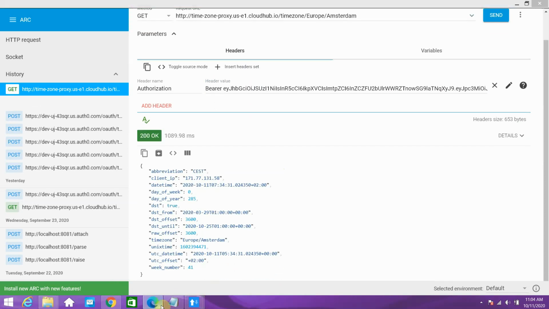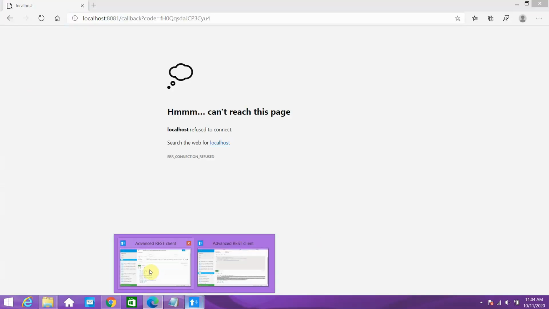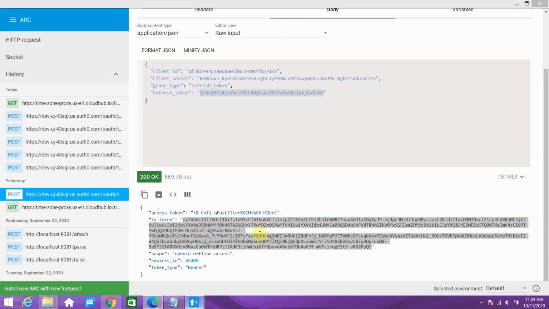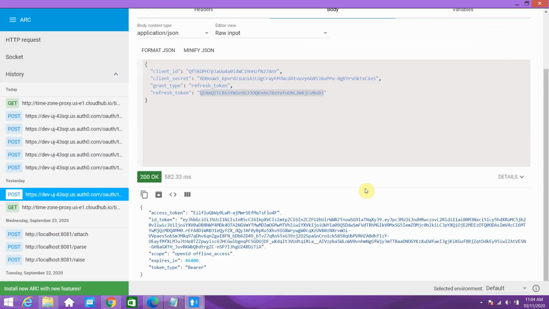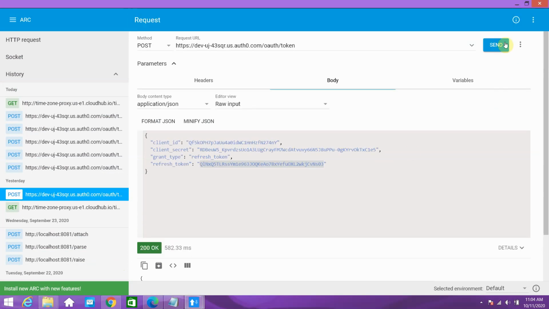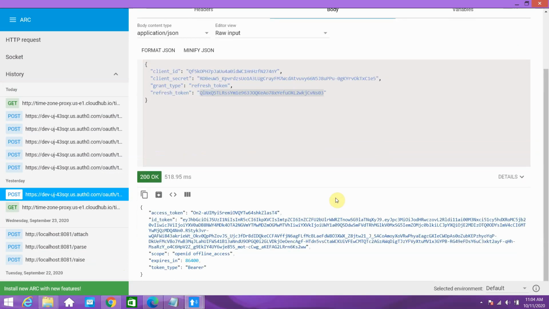In the same way I can keep on generating new tokens. So I can go back. I can use the same request, same refresh token, to generate a new token. See, we keep on getting new tokens. Okay, so that is how you can make use of the refresh token for generating the access token and the ID token. So this is my bearer token.